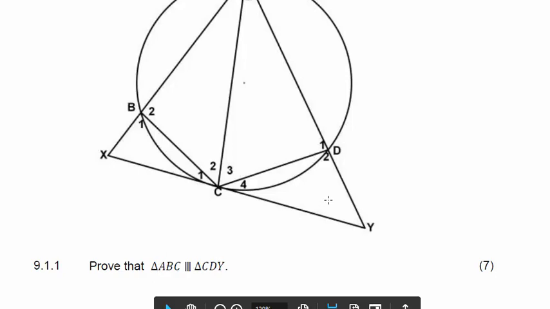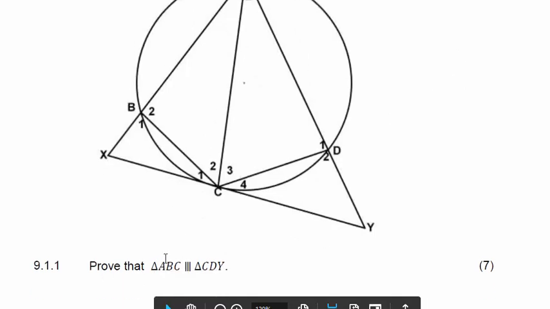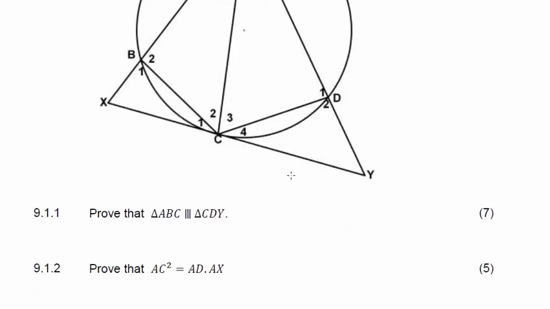So if I had to prove that something is similar, remember what we said: congruent means sides are the same, similar means the angles are the same. So if I had to prove that triangle ABC is similar to CDY, all they're really asking me is to prove that A is equal to C, that B is equal to D, and that C is equal to Y, which isn't grade 12 work. It's grade 11 work because it's a circle. Then they go over, and now I have to prove some sort of multiplying relationship between the side lengths of some triangle or some side. And that is usually the grade 12 work.